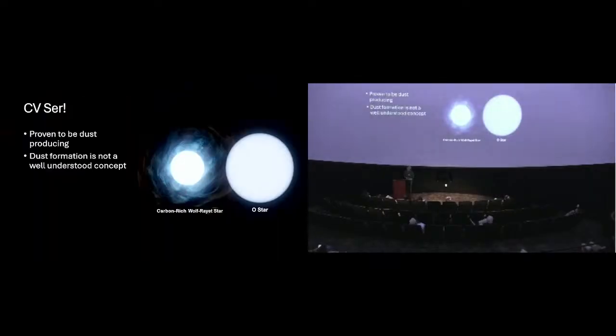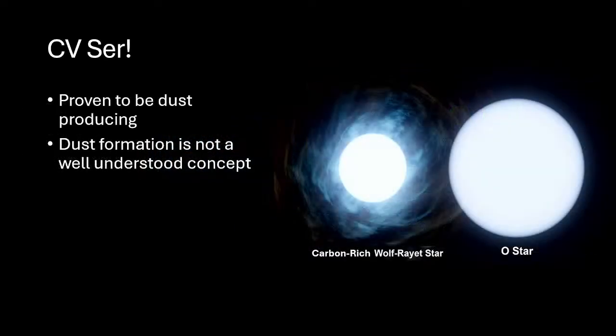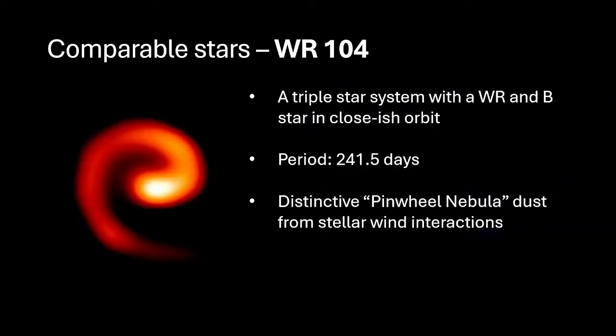Another known thing about the CV-SIR system is that it's known to be dust producing, but dust production is not a well understood concept on the whole. We know why specific stars cause dust, but not all of the stars. So let's look to other stars that are well researched to try and motivate, why is CV-SIR making dust? Well,